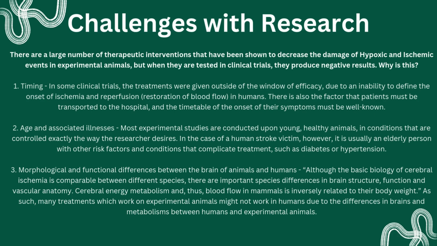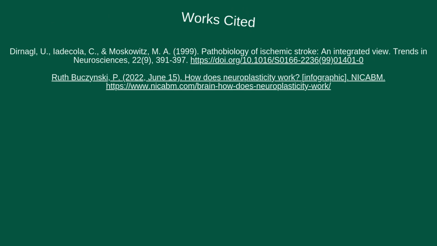The issues with research right now for ischemic events is that in humans, it's hard to know when a stroke is going to happen, and also the people that are having strokes are usually not healthy individuals. They usually have a number of other complications that can make it harder to treat them. There are also differences in the way that human bodies work compared to animals. And because animals in a controlled environment are much easier to study, we know a lot more about what happens in their brains and their bodies compared to our own because we cannot test human